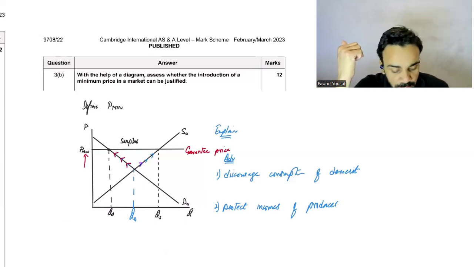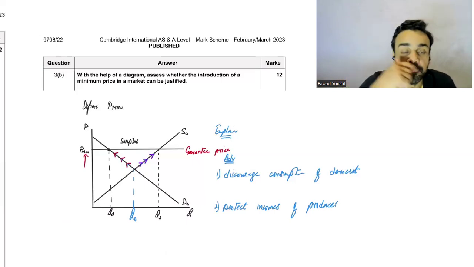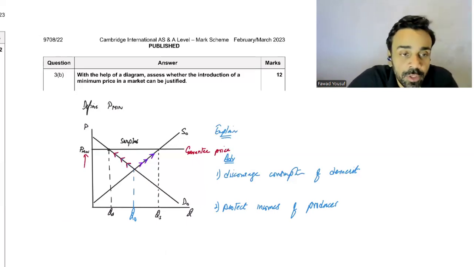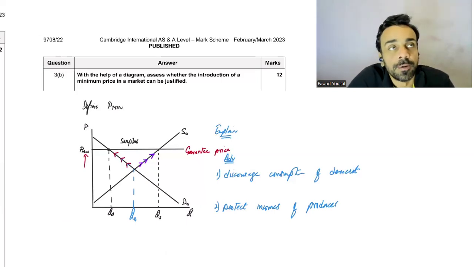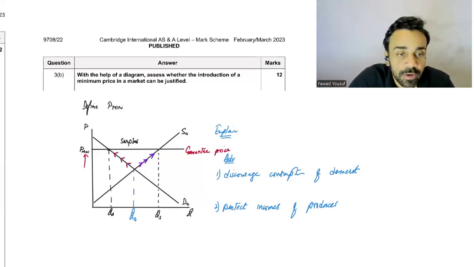And secondly, incomes fall if demand falls. Yes, revenue will definitely fall. That is my counter argument, that because of this the quantity demanded will fall and the revenues will fall, and that can cause unsold stock to reduce their incomes. But here, we're just saying that if prices cannot fall below this certain level, farmers' income is getting protected, because they can't sell it below this level. But I understand the whole demand aspect.